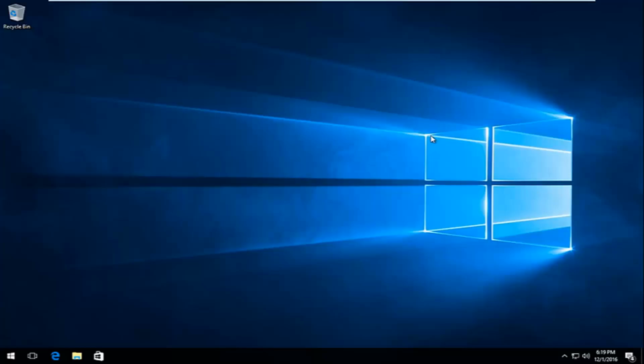Today I'm going to be showing how to hopefully resolve the "you do not have permission to access" error you might have when trying to access certain drives on your computer. Whether it might be an external hard drive or a DVD or a flash drive or you name it, you might be getting an error saying you do not have permission to access this